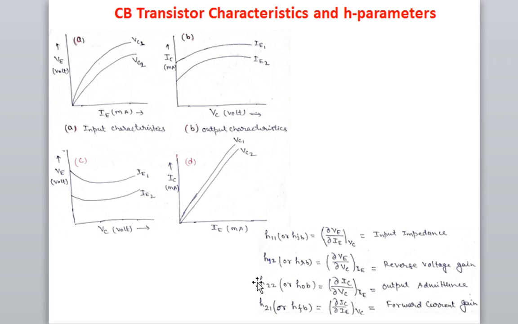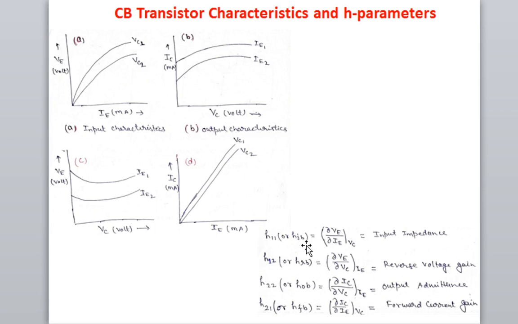HOB, this is also called H22. And this is del VE upon del VC at constant input current. VE upon VC, that is voltage upon voltage, that is unitless, a dimensionless quantity. So this is known as the reverse voltage gain. And this is del IC upon del IE, that is basically called the forward current gain